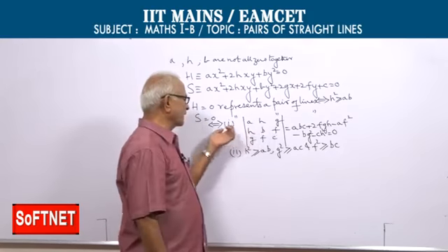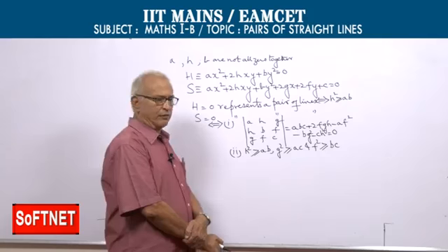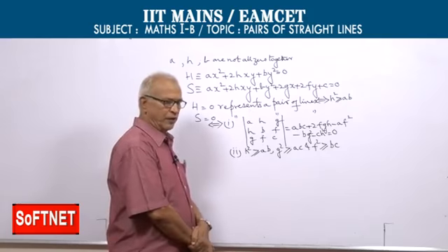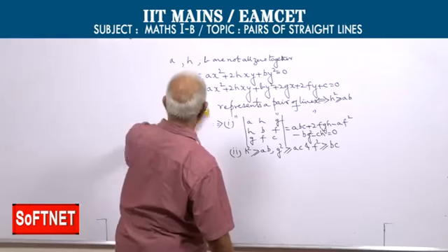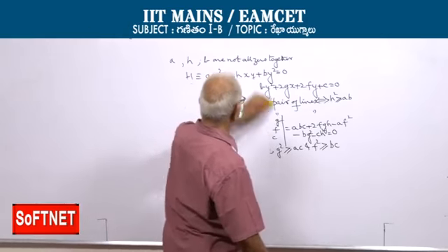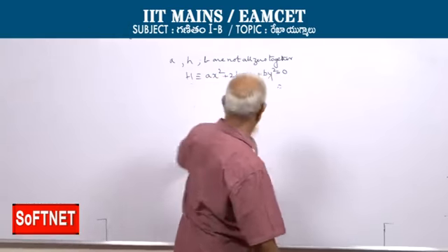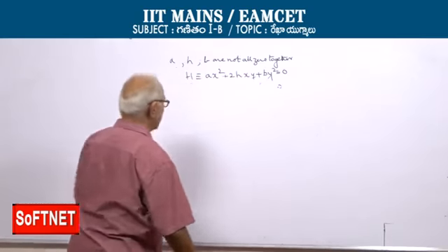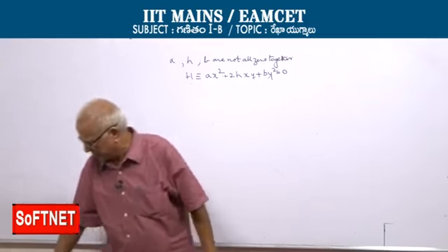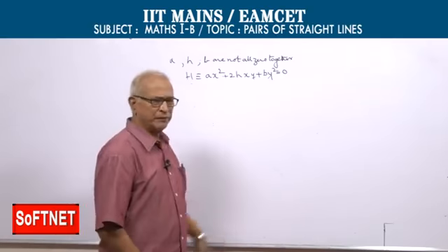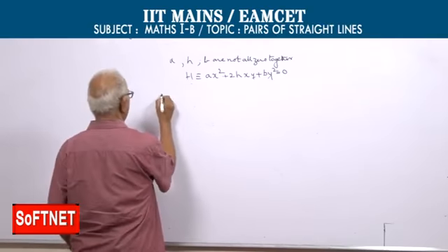Let us postpone the discussion of the second equation after we finish the first equation. So let us take the first equation. Well, h square greater than or equal to AB అయినప్పుడు, well, h square equal to AB అయినప్పుడు the lines are parallel. That means coincident lines because both these lines pass through the origin. So when h square equal to AB,